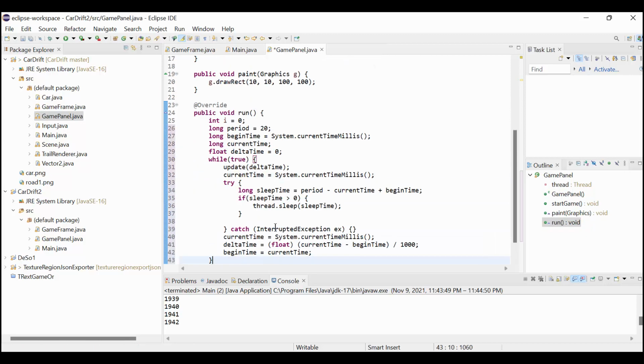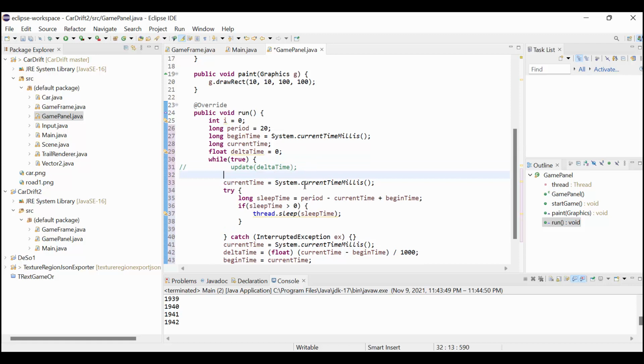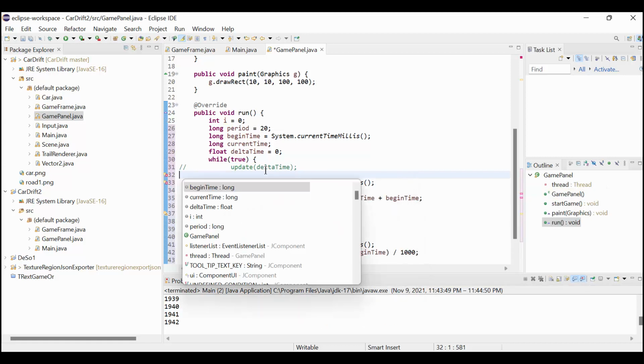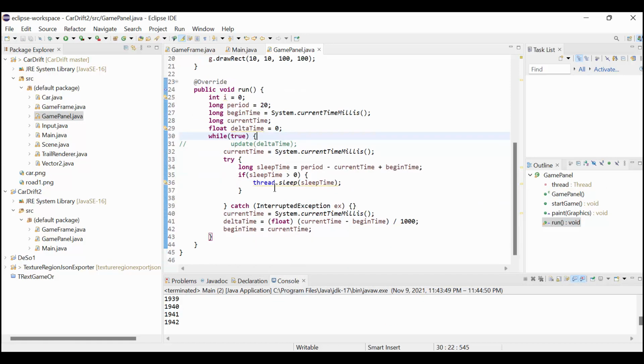put it. Right, and instead of using the update method I will put this. Alright, and in here you can put the update and the render method. Right, and you can see here I put the period. Okay, the period is 20 milliseconds for iterations,